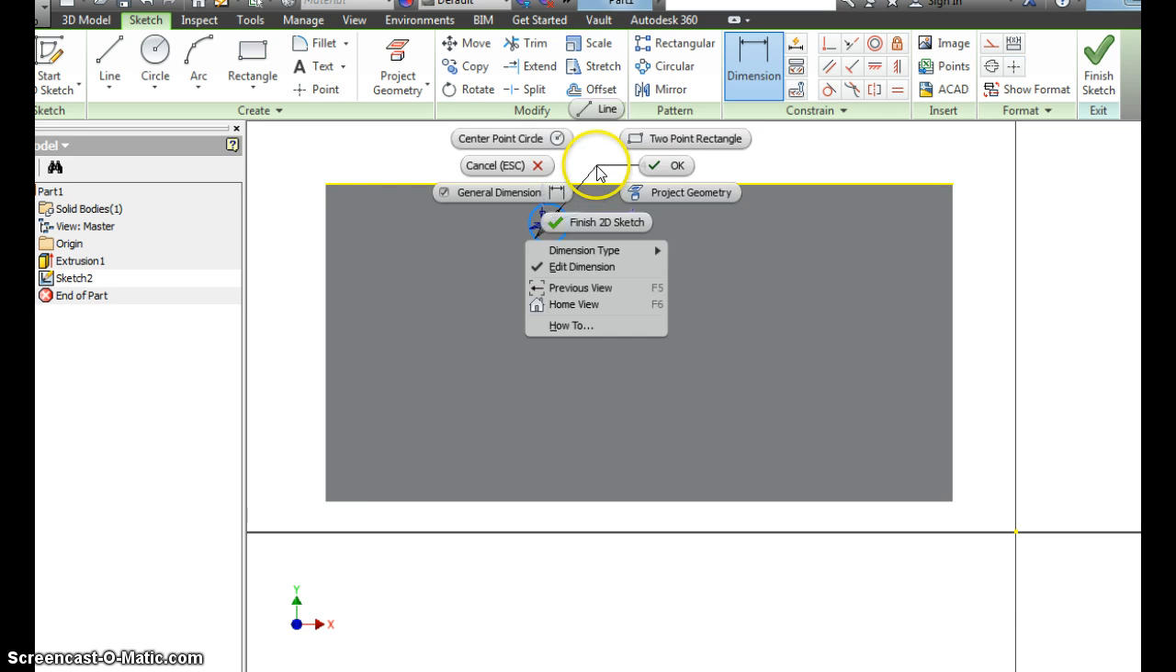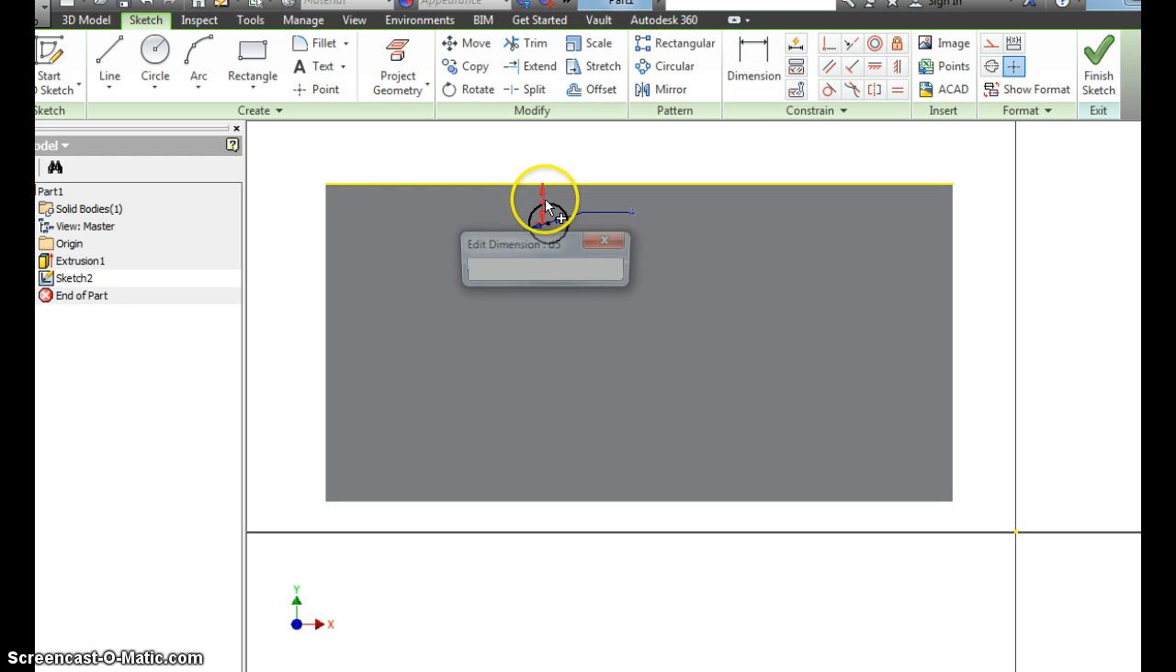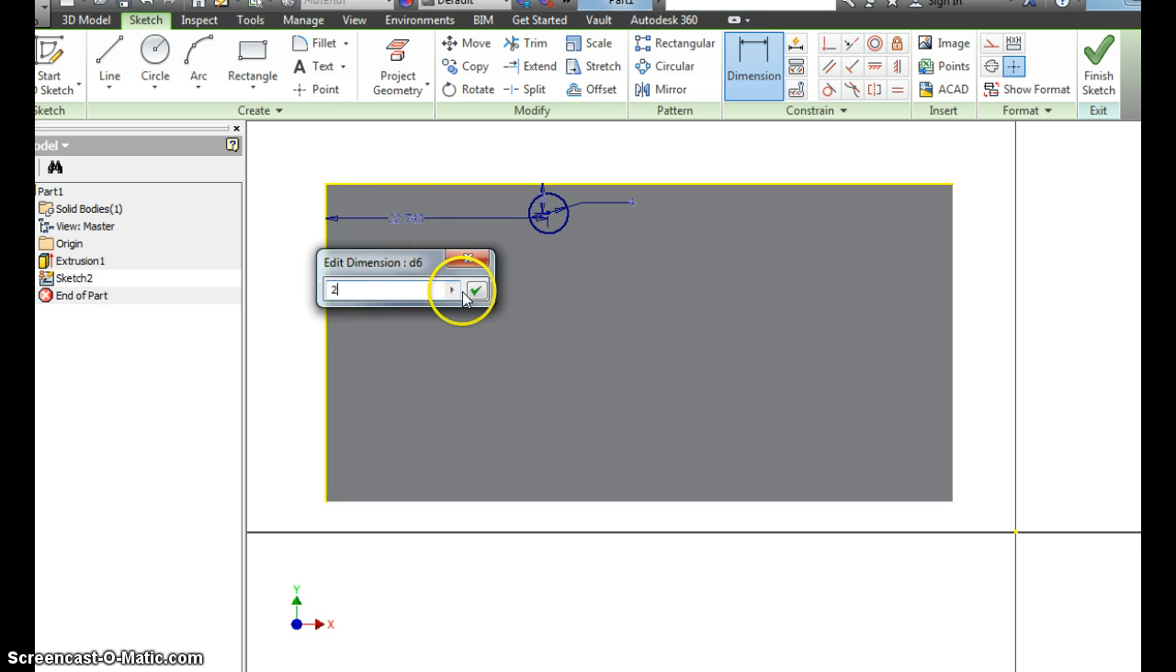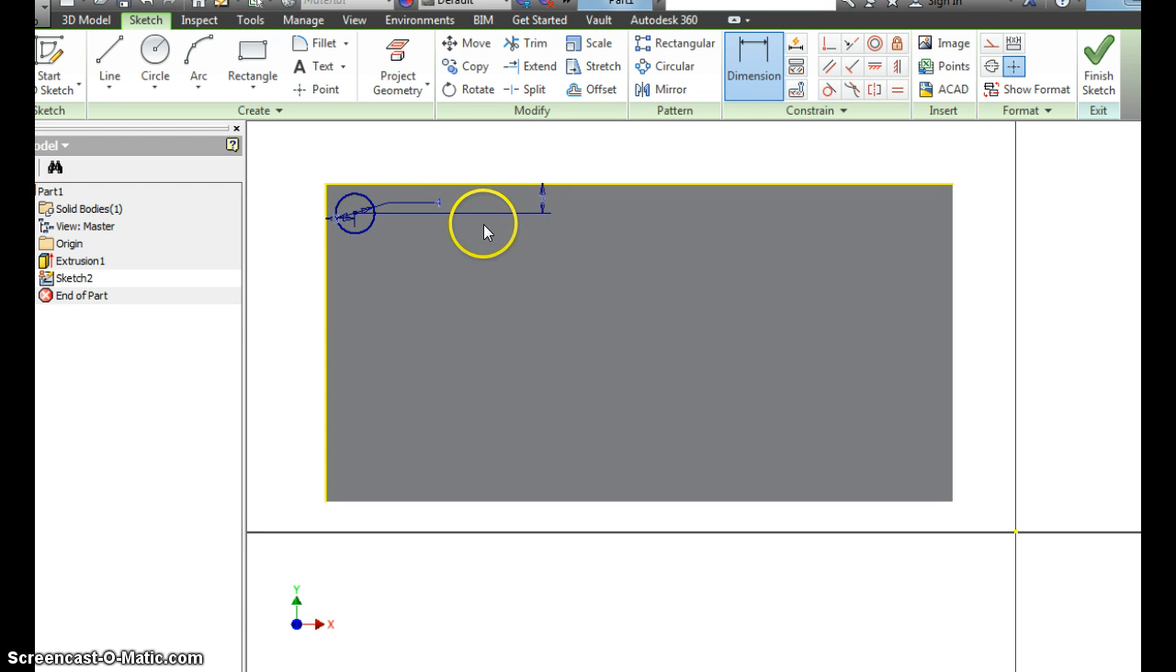Whoops. I don't want to do that. It's a good thing about adding dimensions. You can always double click and change them. 3 millimeters looks pretty good. And I'm going to do the same thing from the center to this edge now. 3 millimeters again. And that looks pretty good. So we've made one